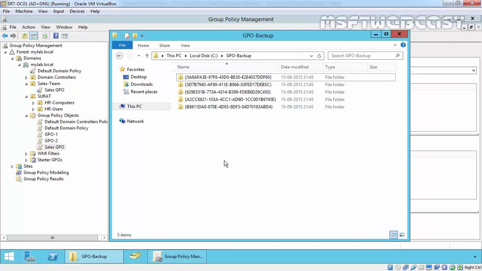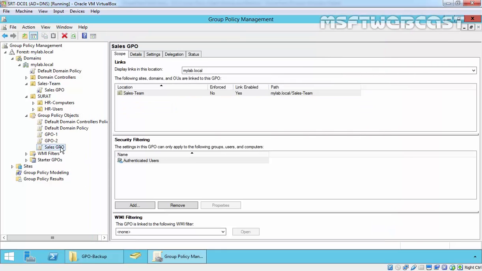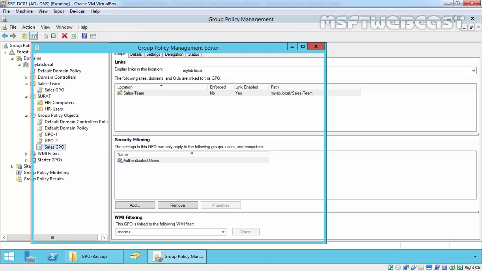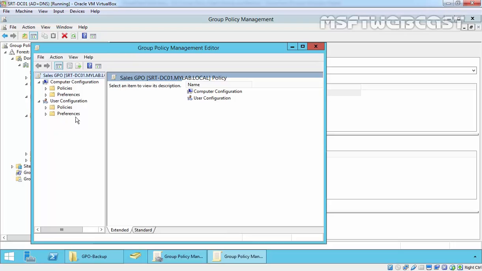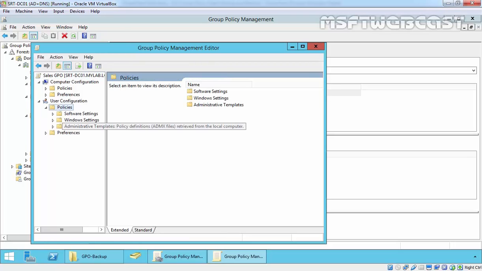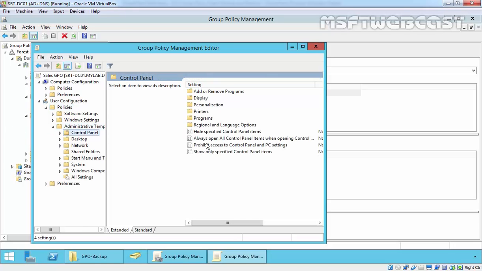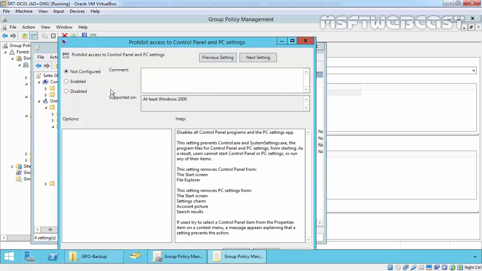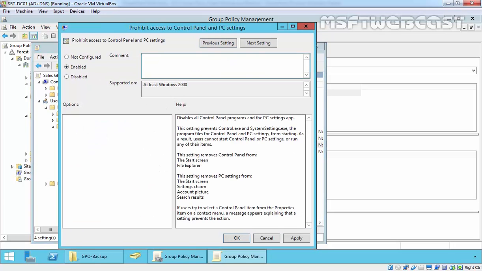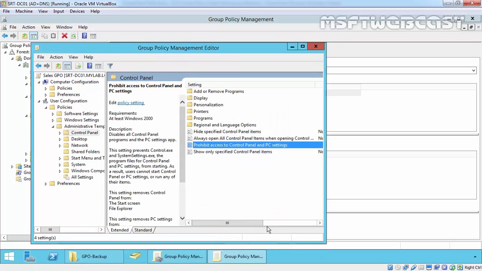Now, just for testing, I'm going to edit the sales GPO and modify certain things, like adding the administrative templates, control panel, and I specify prohibit access to Control Panel and PC settings. Just enable it, click on apply, okay.